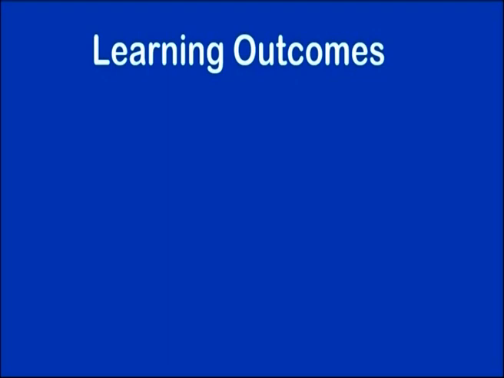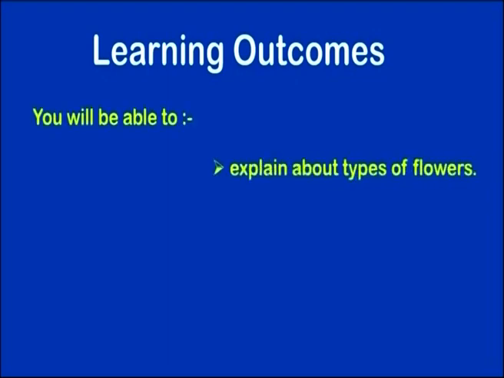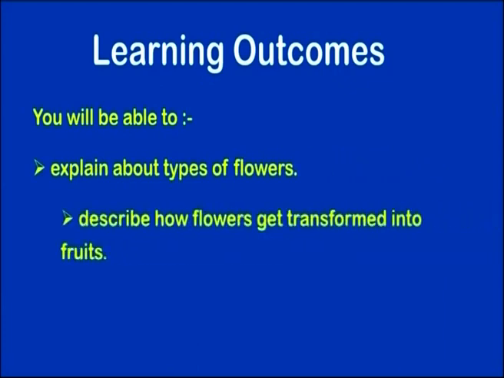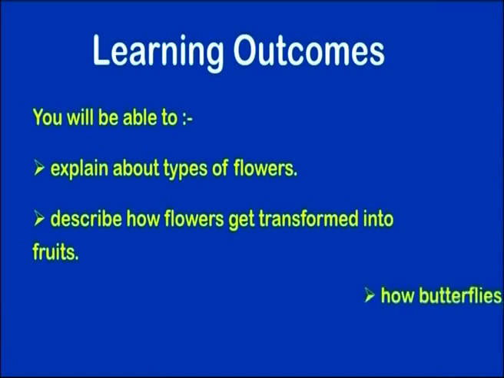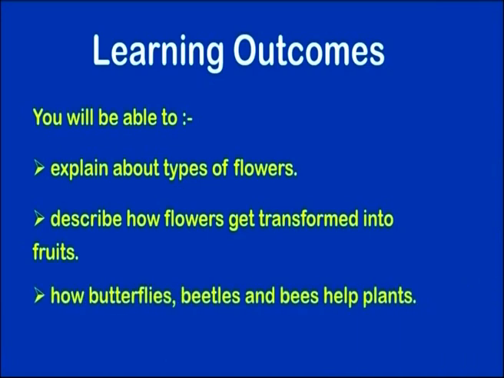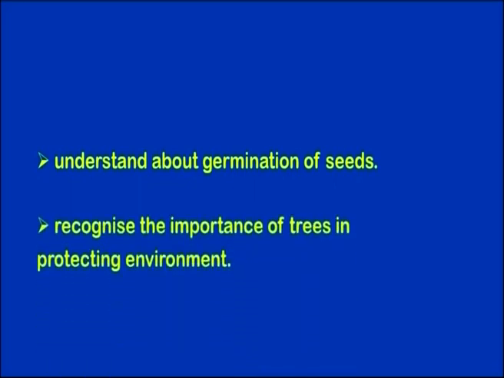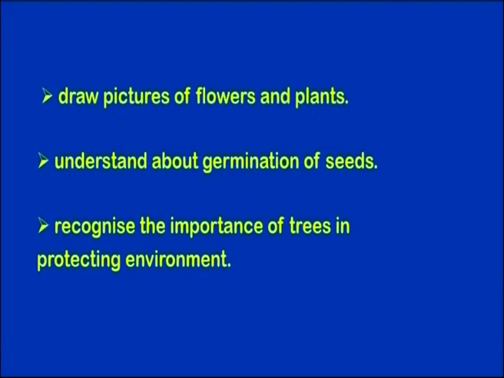Today I have brought you an interesting lesson, Plants Around Us. But before going into the lesson, children, let us see what we will learn by the end of this class. Let us see the learning outcomes. You will be able to explain about types of flowers, describe how flowers get transformed into fruits, how butterflies, beetles and bees help plants, understand about germination of seeds, recognize the importance of trees in protecting the environment, and draw pictures of